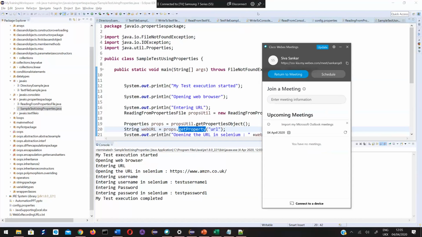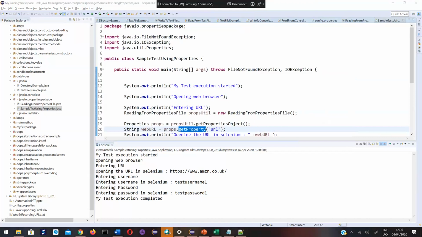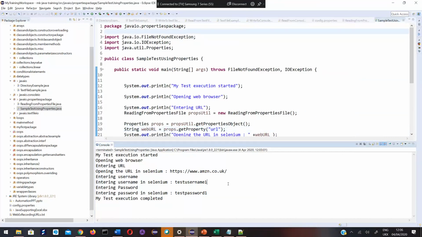So can someone say what is the purpose of a properties file? Instead of entering the values again and again, we can have a property file where you can access the values through a key. What is the advantage?